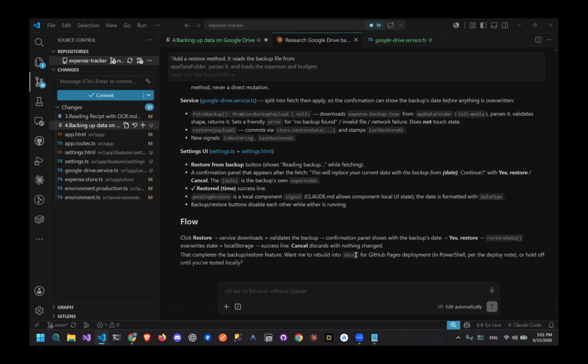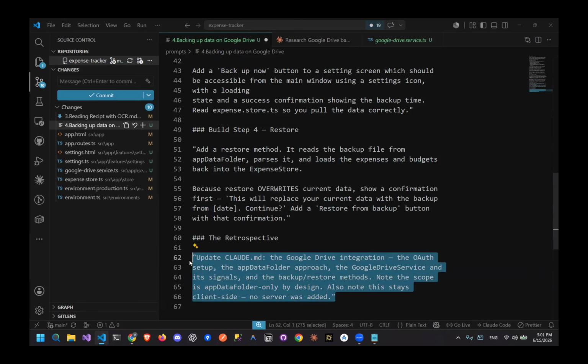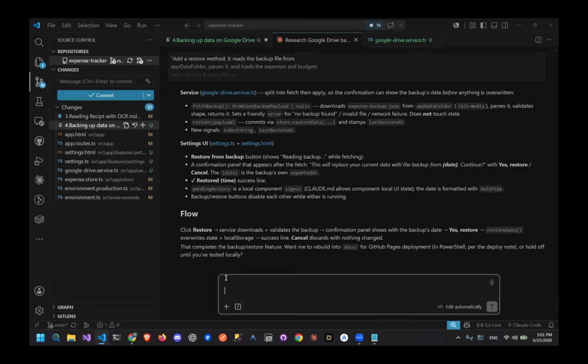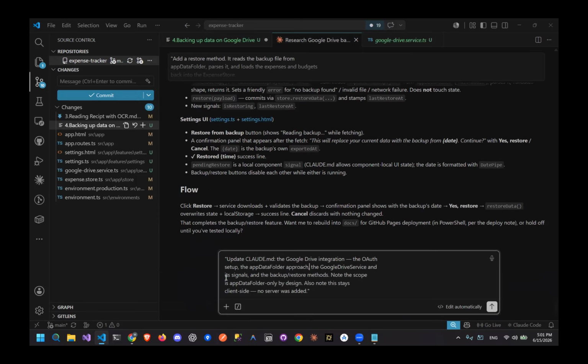So it asks whether you want me to build the docs for the GitHub pages, or hold off until you test it locally. Let me first copy one last thing, the retrospective, because it has cleaned everything. So I'm providing the retro along with what I'm going to say to it,